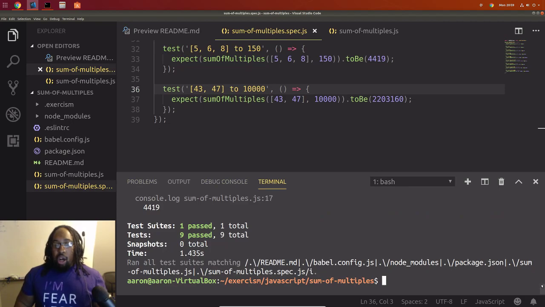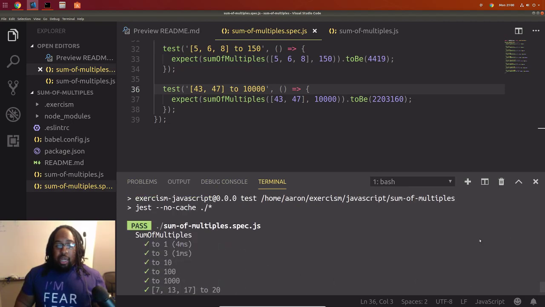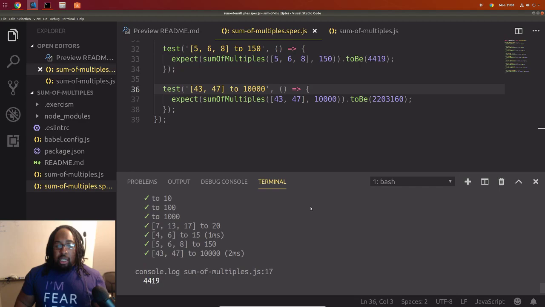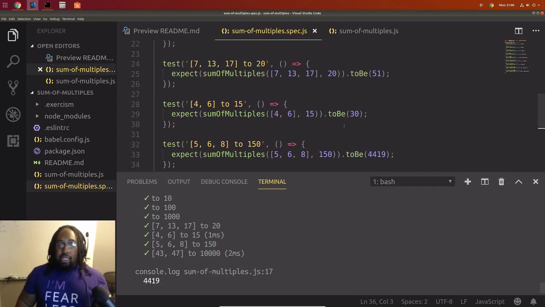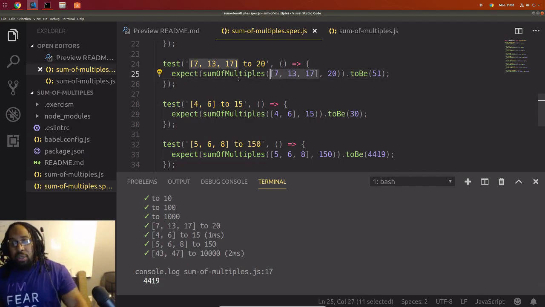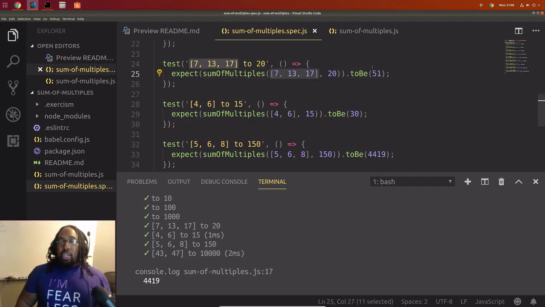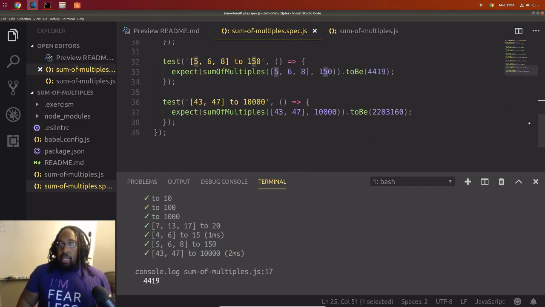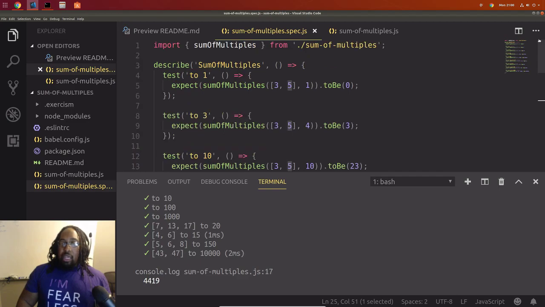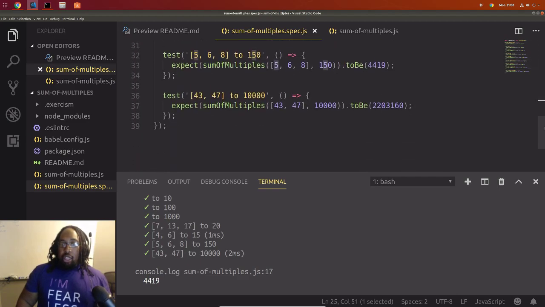Boom, and they all passed. So we can go through here, and you can see they all passed, no matter what was thrown in there. We could throw in our own test case for a bunch of things, like maybe we wanted 20 things in here. I'm not going to do that because I don't know what the expected outcome is supposed to be. But yeah, you can use the test case to cover all the things you want to test.